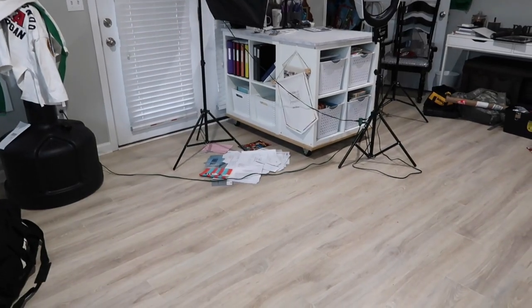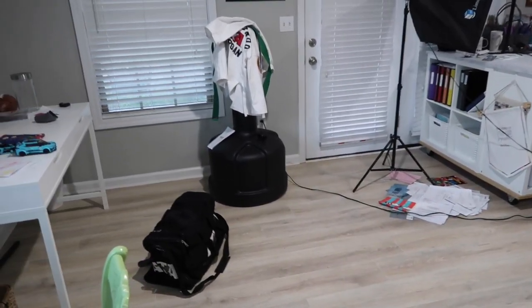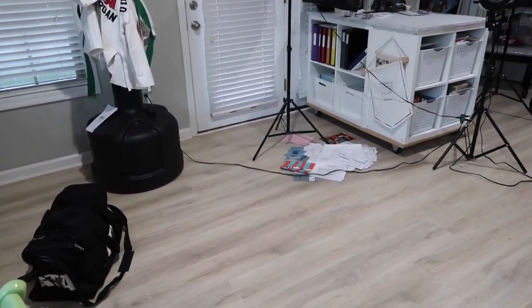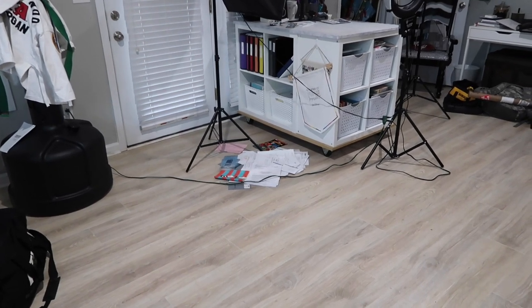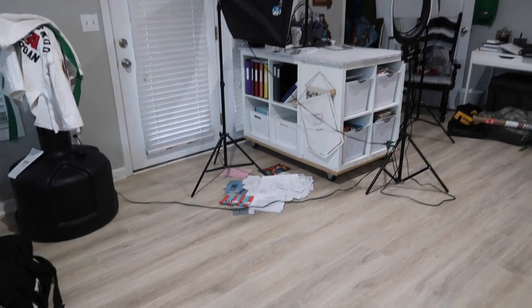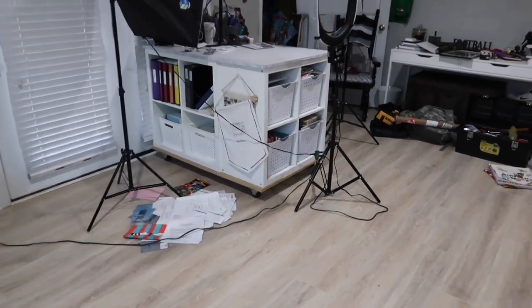So I cleaned out the tub that usually has, my shredder was over there, but now it's under this table beside me. And I have a little basket that sits beside the shredder, and those were the papers that I need to file. Well, that's been like a week and they're still sitting over there. So I need to figure out what to do with those. But this cart is going to get moved over here,